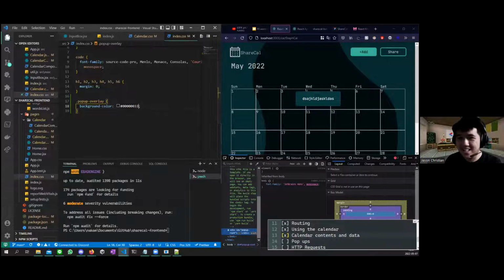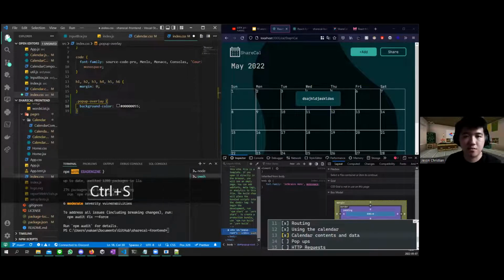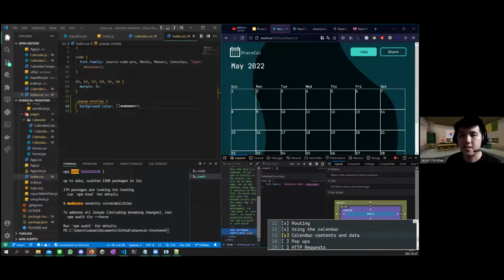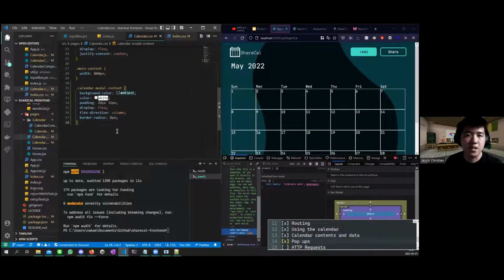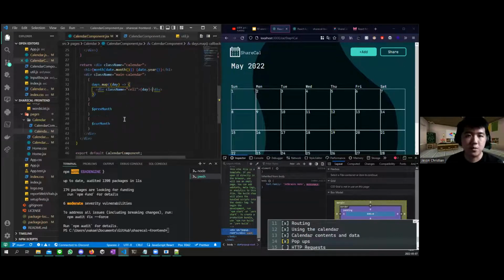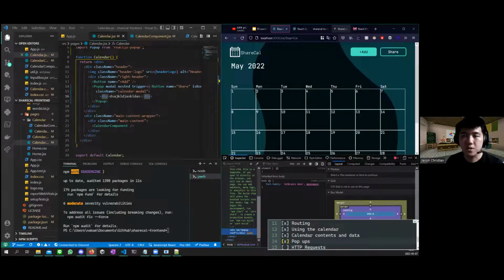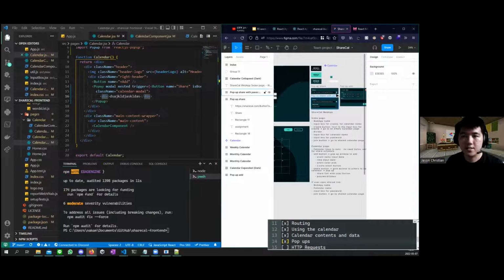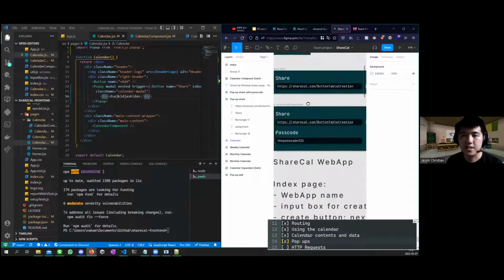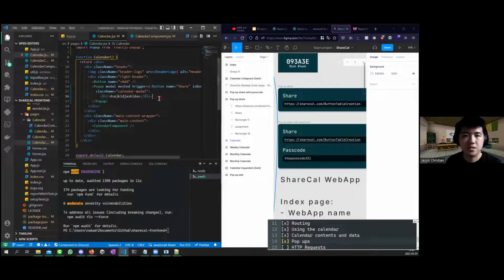Okay, that's too light. 5. 7. Okay. So that's how you do pop-ups. So let's... Oh yeah, we need to add something to our pop-up, right? It's not here. It's here. Okay. So we want to add share and then the link. So let's just